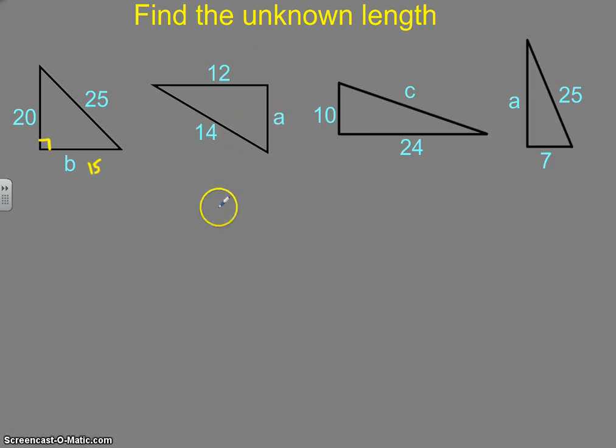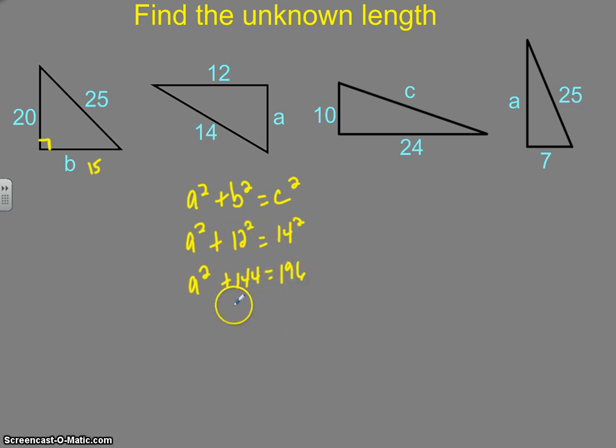Next one. I'm looking for A, and again, I'm just going to write the formula. Okay, I'm going to plug in what I know. I don't know A, so I'm going to leave A there. B is 12, so 12 squared, and C is 14, so 14 squared. Okay, A squared plus 144 equals 196. So I just squared this and squared this. Now I'm just solving the equation, two steps. I'm going to subtract 144 from both sides. I get A squared equals